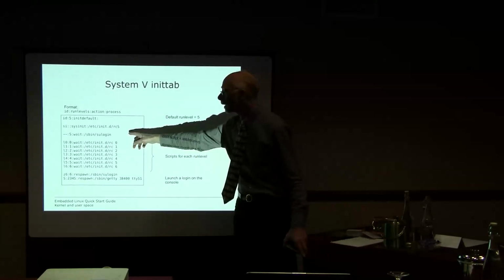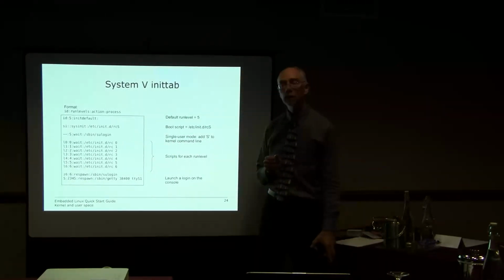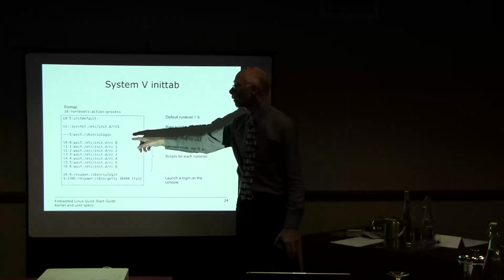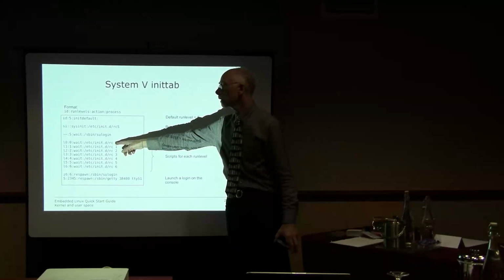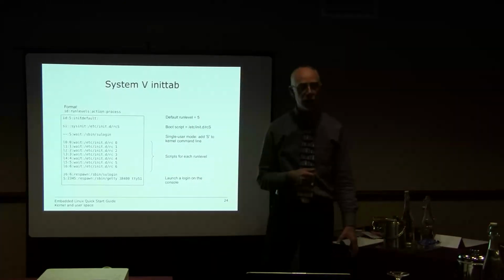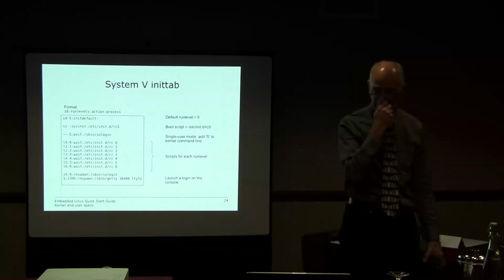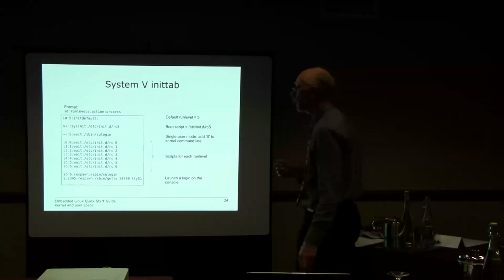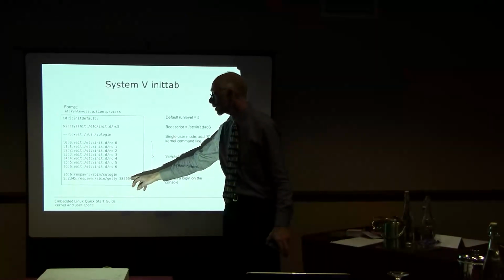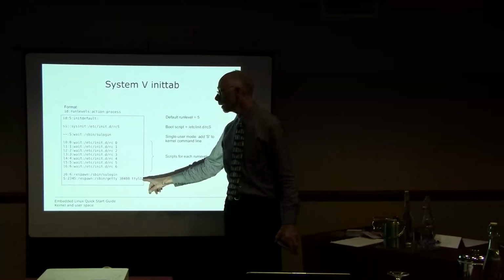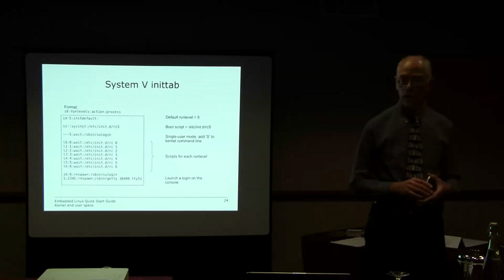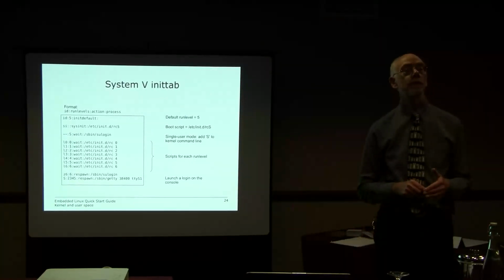And then we have a set of scripts that will make us run in each one of the run levels. In fact, we just run a command called rc with the run level as its parameter. And then we have a couple of lines down here, which in this case here will, for example, launch a getty, a login prompt, and give us a login prompt on ttyS1, in fact, which is a serial